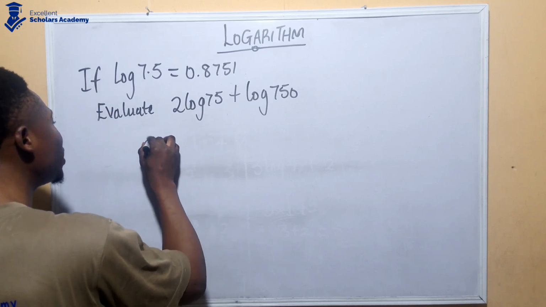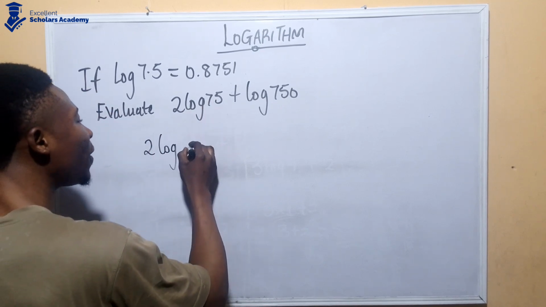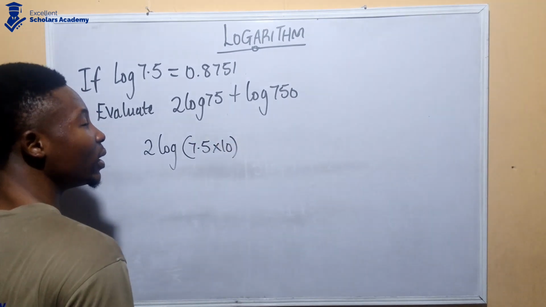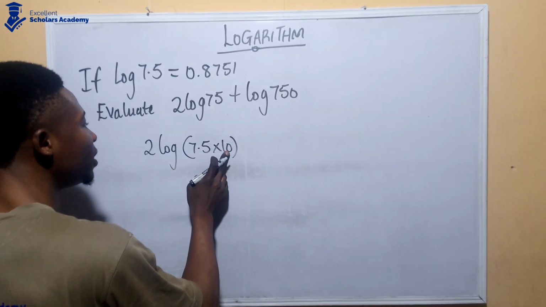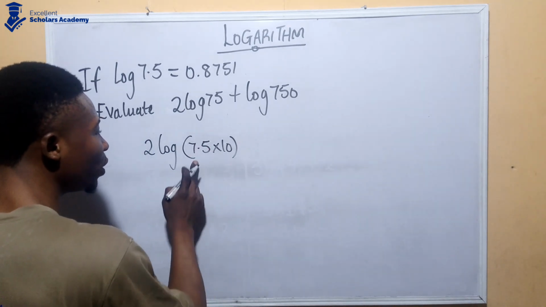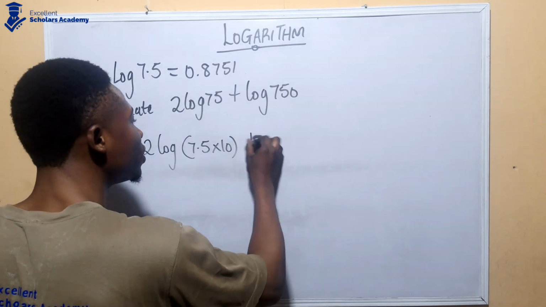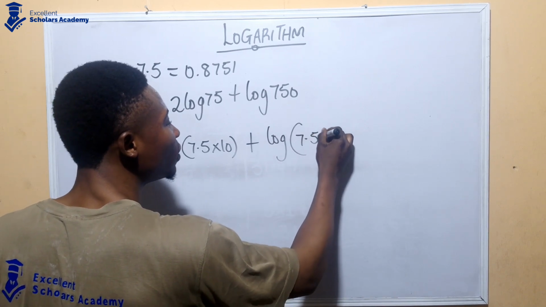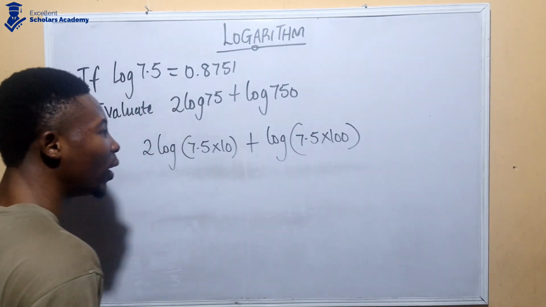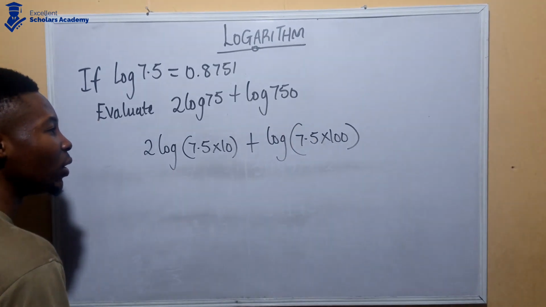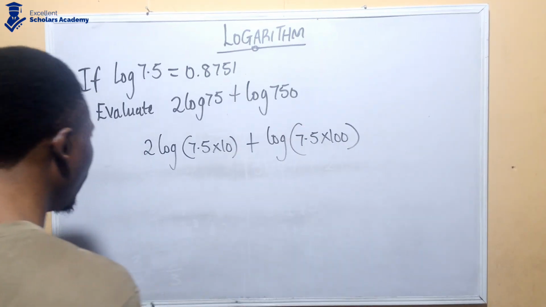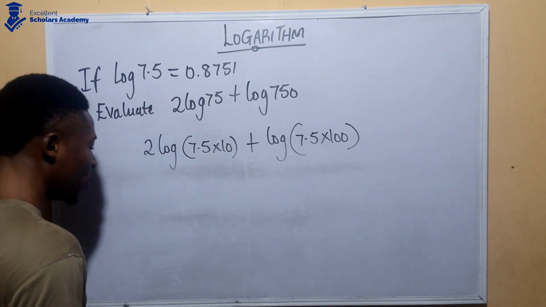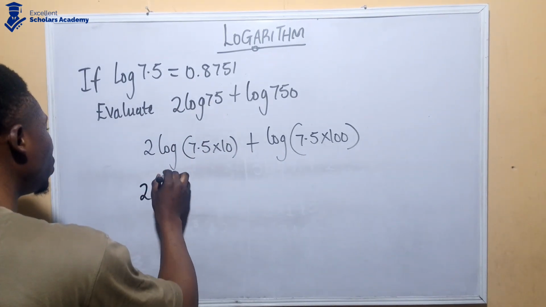I can also write this as 2 log. Now, 75 can be written as 7.5 multiplied by 10, because 7.5 times 10 gives you 75. The zero shifts the decimal backward, and then you still have 75. Plus, I can write this 750 as 7.5 times 100, which still gives you 750. This is how you shape these two, and now I can split this into 2 into brackets log